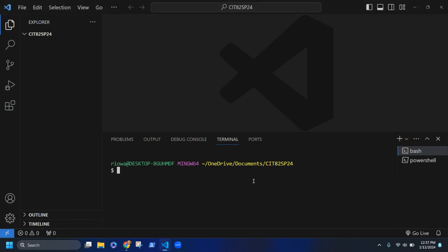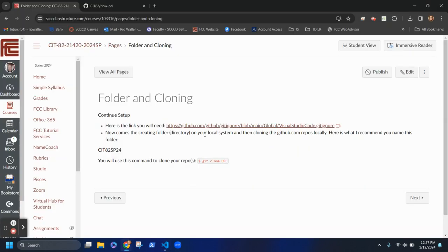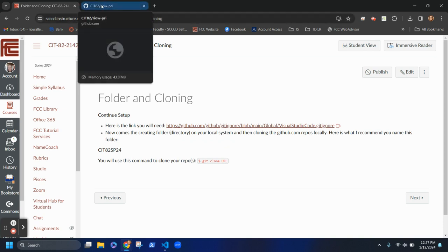All right, so now we're not completely ready, but I want to make sure I'm in that base folder. I'm going to type git clone. Don't hit enter yet, because what you need is that URL, right? So the URL that you're going to get, you may say "get" way too many times, is in